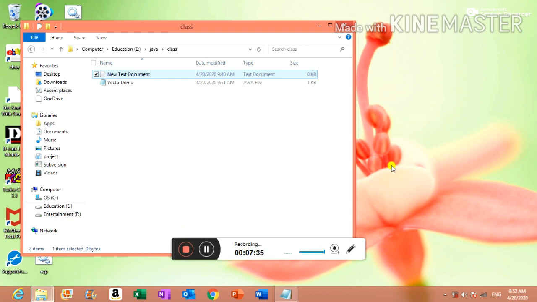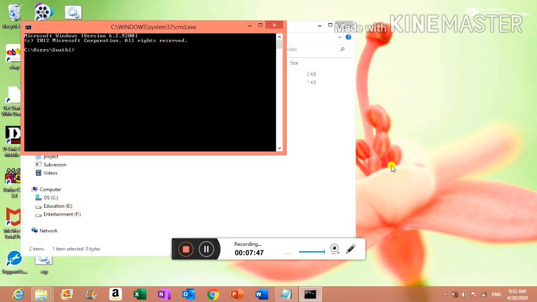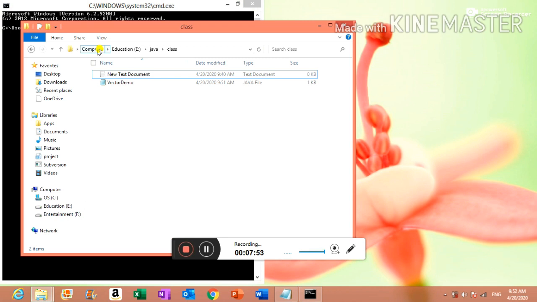Okay, so for compiling the file I am adopting the normal installation of Java. I am not going for any IDE. So let me open the command prompt, Windows or CMD. Okay, so where is my file available? My file is available in the E drive, Java folder, classes folder, right?